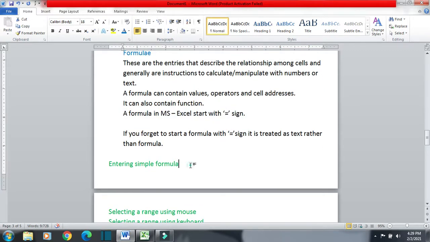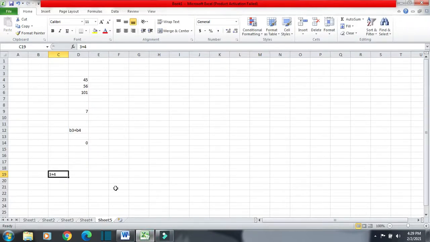Now the next topic that we are going to study is entering simple formula. So here we have a blank sheet, and here I am writing some text from the book.